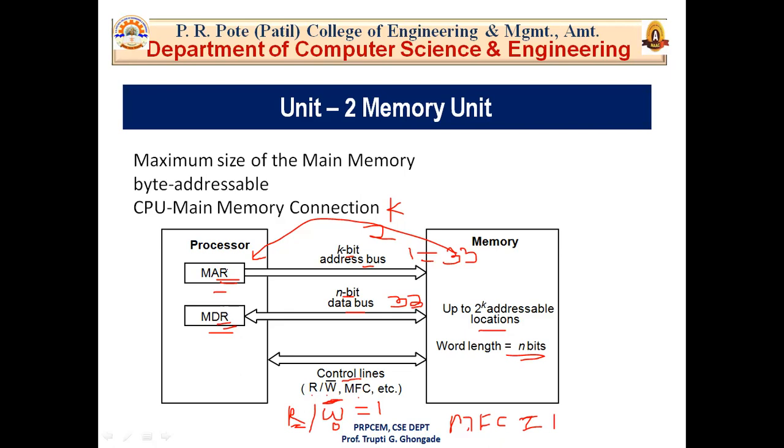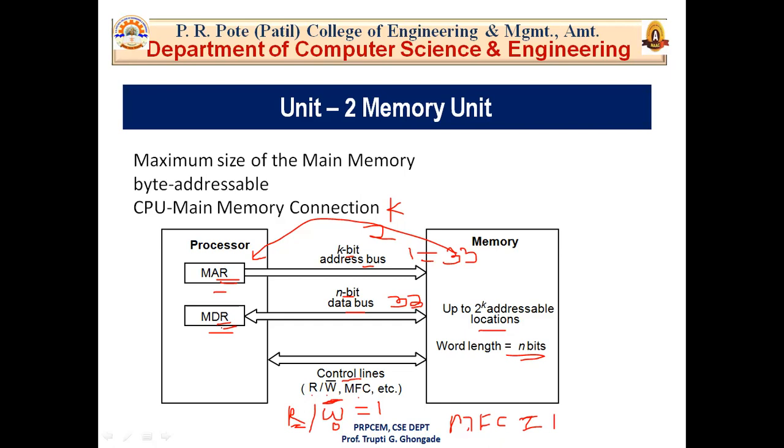First your address is loaded into MAR, and then your processor will read data from that particular memory location. That time your R/W bar control signal is set to 1, that means a read operation is being performed. Now after reading this data, your memory will put that data onto the data bus and set this MFC signal to 1. It means that the memory function is completed. Now the processor can get the data. After getting this MFC signal, your processor will put that data from the data lines into the MDR register. So this is the reading of data.